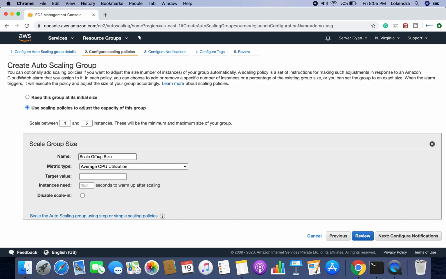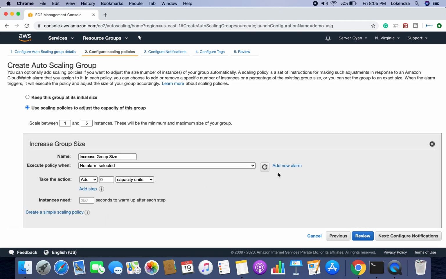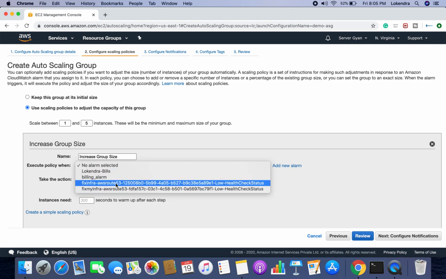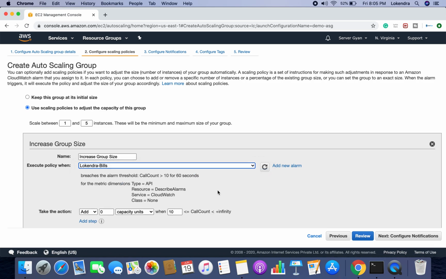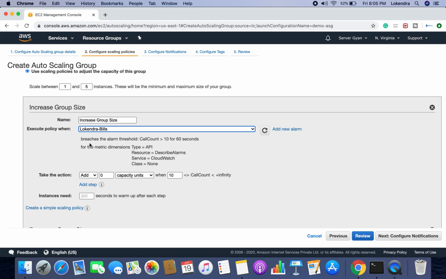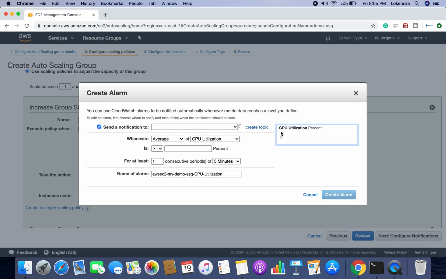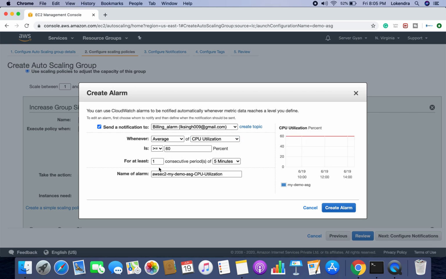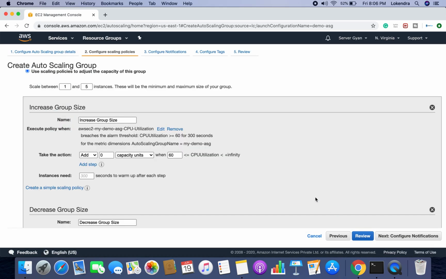You can set it up, and we have multiple policies. We have to create an alarm, and based on the type of alarm we want, we can set it here. Then after it breaches the threshold, everything you want you can decide here. You can add a new alarm, for example based on CPU utilization. If the load average is greater than or equal to 60 for one consecutive period of 5 minutes, it will perform the action. It means whatever we want, we will do.